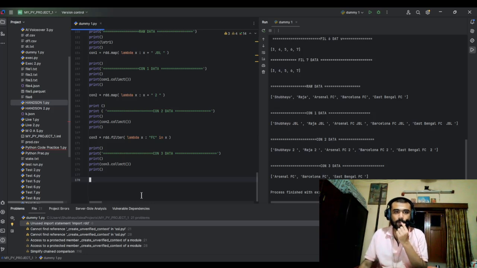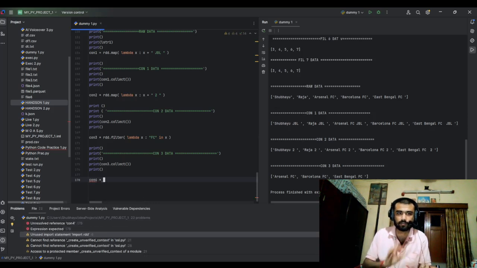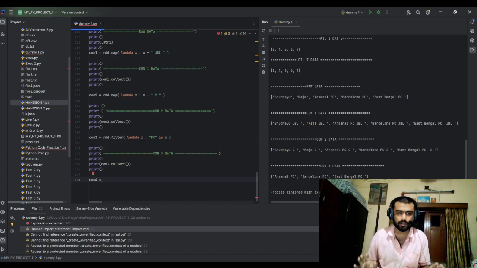Now, as we already saw, con 4. Now we are going to execute filter one. You already understood this, fc in x. I don't see any other part which is common between all the elements. So there is nothing common. You can pick one letter, but